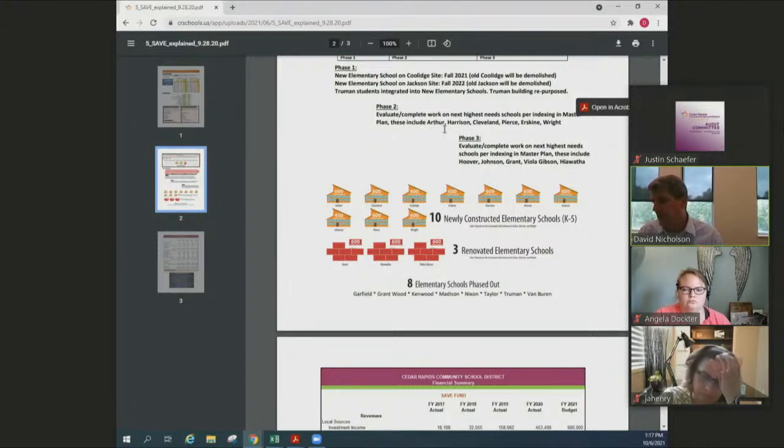So we would love to be able to say, here's what we think are the next schools in the order in which they would happen, because that would give him something that he could use to determine what projects we need to move forward with or kind of delay. So